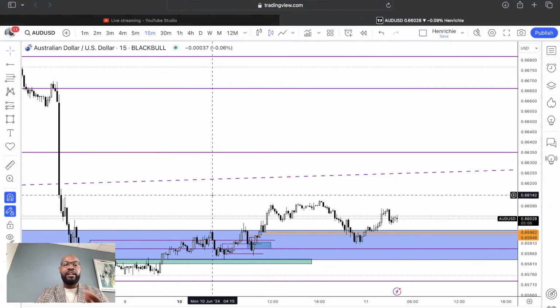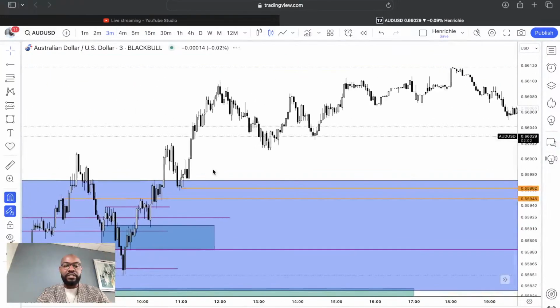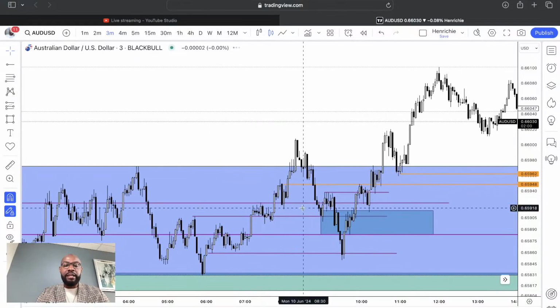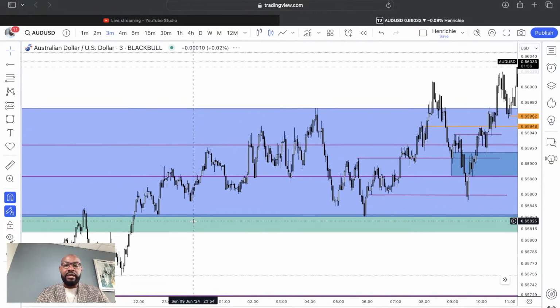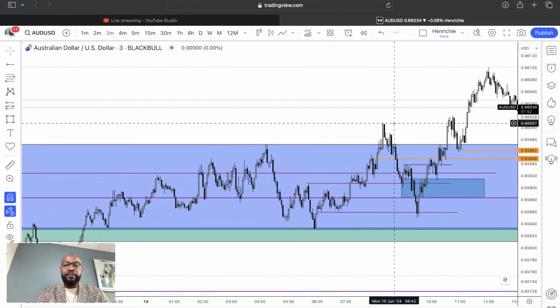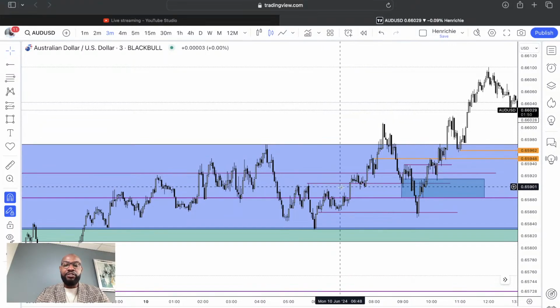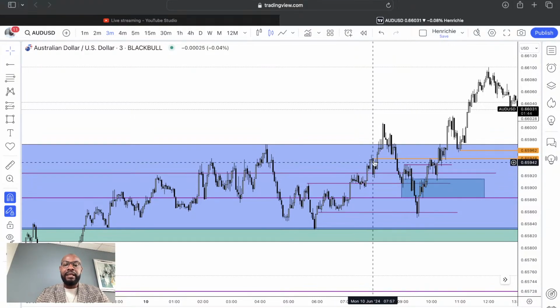But unfortunately, when I got in yesterday from the 3-minute shift of market structure, so this was the trade setup. So this right here, after I saw this right here, so price came to the downside. This was the high, the low, and then break of structure. This was our entry right here. We used this key level as an entry. Price came back, mitigated us, took us in, expanded higher.